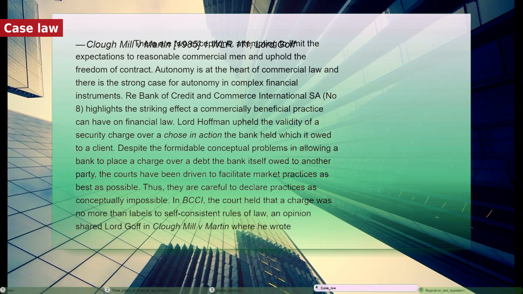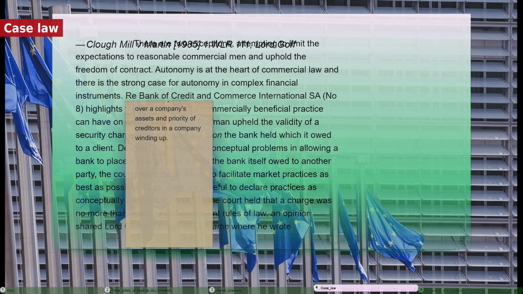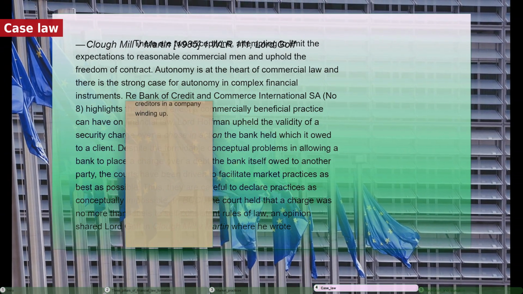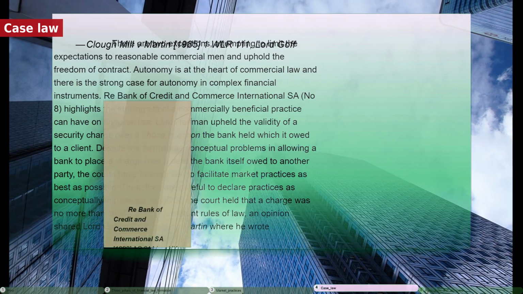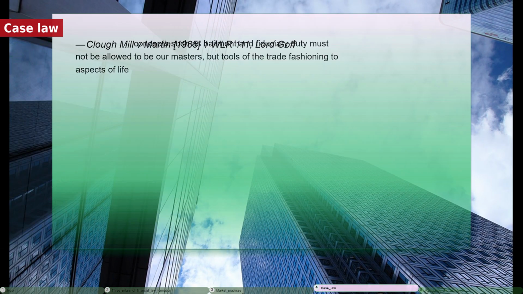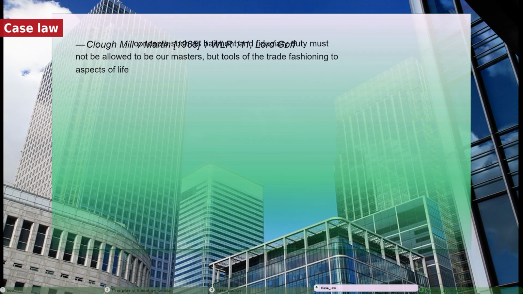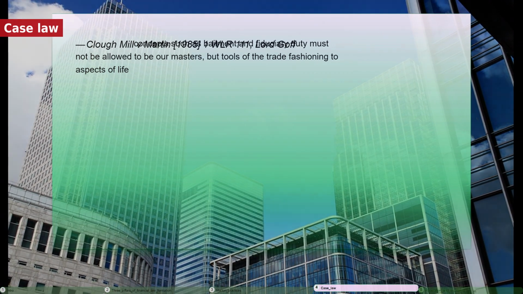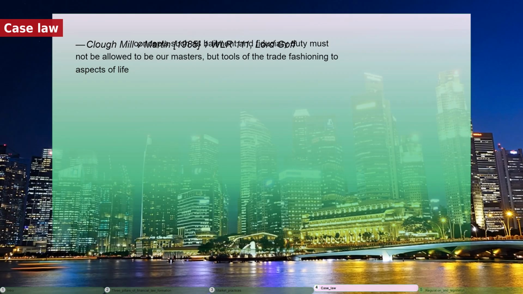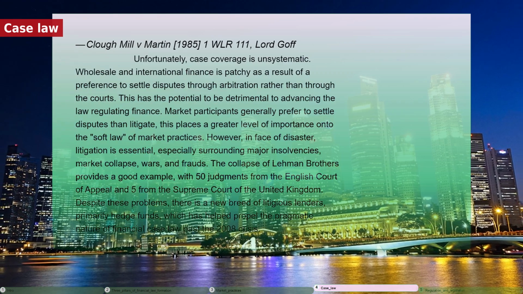What about when courts go against established norms? There are exceptions, like in the famous case of BCCI, where the court validated non-traditional financial practices despite conceptual challenges. Exactly. Courts are wary of labeling practices as impossible, as doing so would hinder market development. But it sounds like this system can lead to uneven coverage in financial disputes. Correct, as many participants prefer arbitration over litigation, which can lead to gaps in legal precedents.